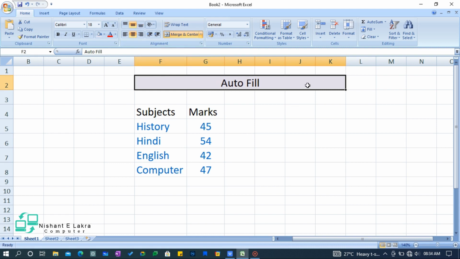Now we will learn how to use the autofill feature present in Excel. It's a very nice and wonderful feature. It is used to enter a predefined series of data. It can be text or numbers. So let us see how we can use this autofill